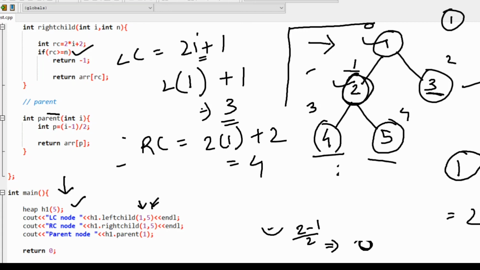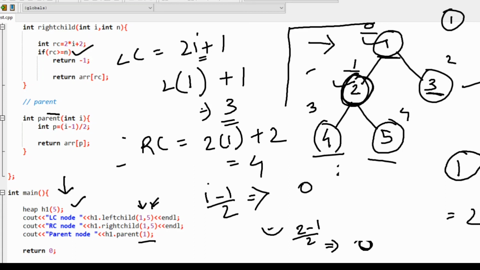And if I need to find the parent, we know the formula is (i minus 1) by 2, which is 0. So the parent of this node having value 2 is the value present at index 0. So basically we have an array, and in that array only we are making the relation between the parent, left child and right child, and we are finding the values.